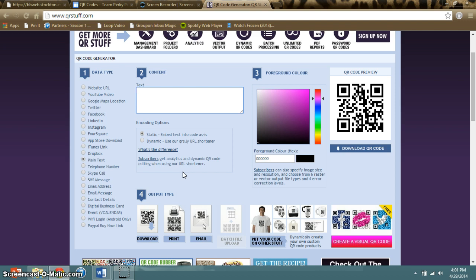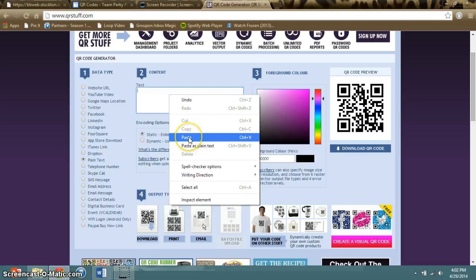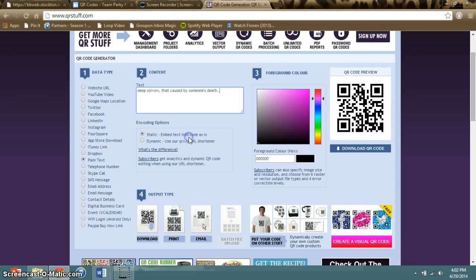I can have different stations around the classroom where QR codes are placed, and each QR code will have a definition. For making a QR code, you just hit plain text here, and in the text I copied a definition for grief from dictionary.com, so I'll post it here, and then I just hit download QR code,